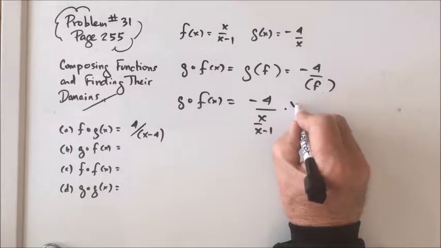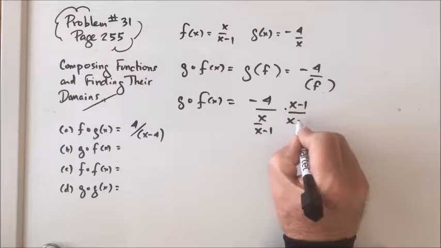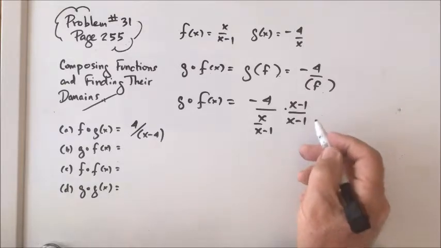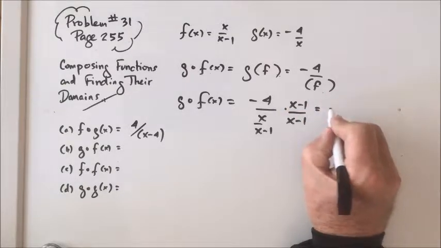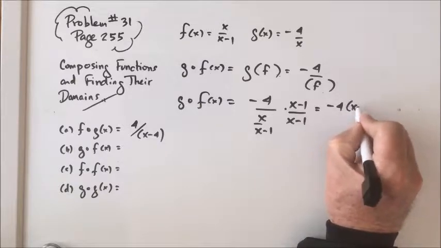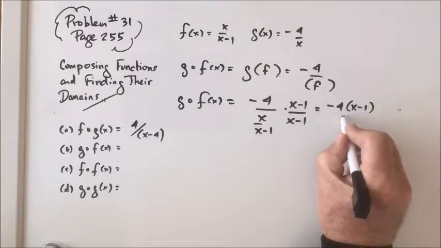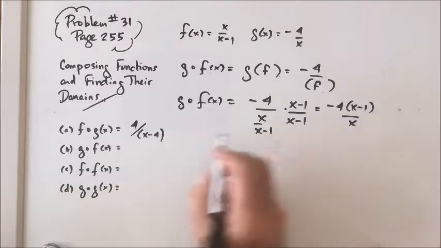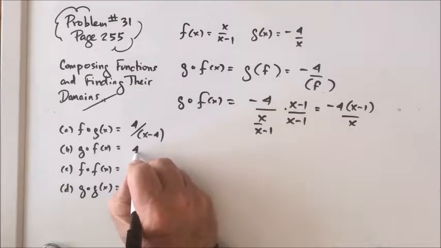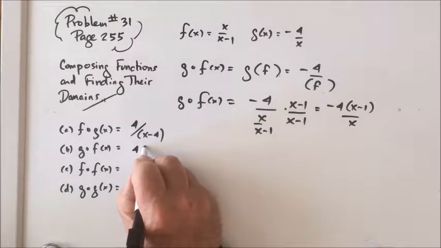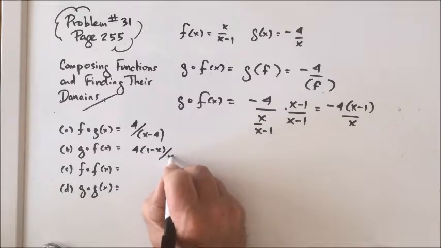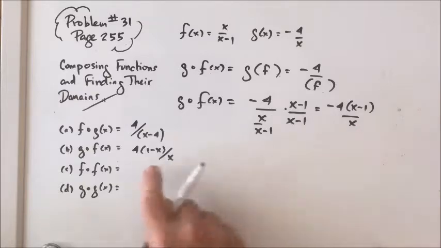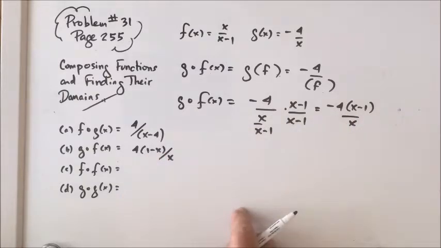When I multiply the top and bottom of this fraction by 1, written as x minus 1 divided by x minus 1, then I'm going to get minus 4 times x minus 1 all over x, and let's write that as 4 times 1 minus x all over x. I'm going to take that sign and flip the x minus 1 to 1 minus x. And I'm going to move on